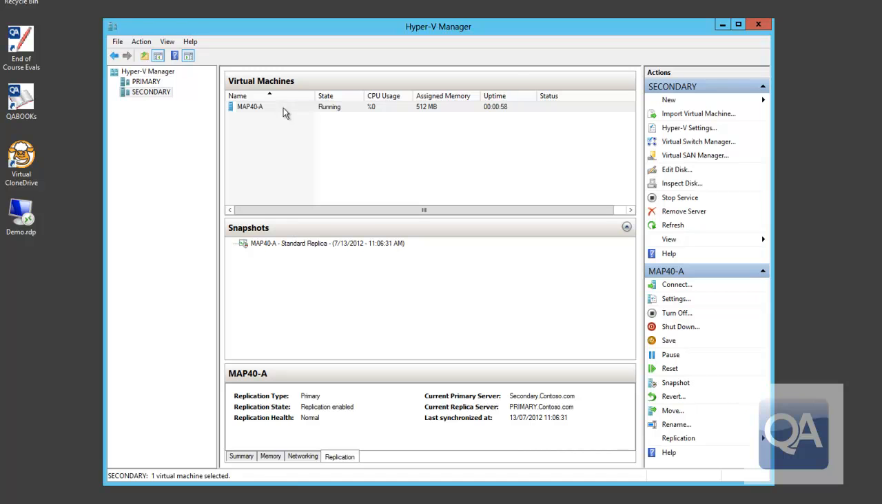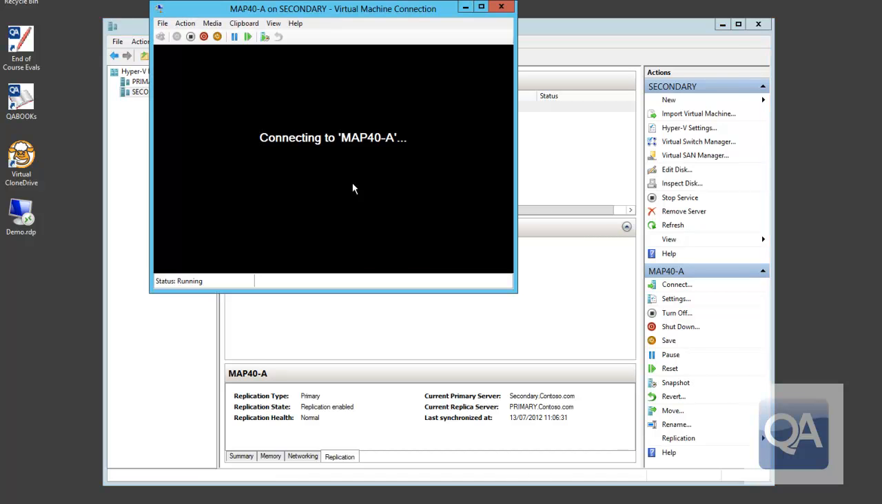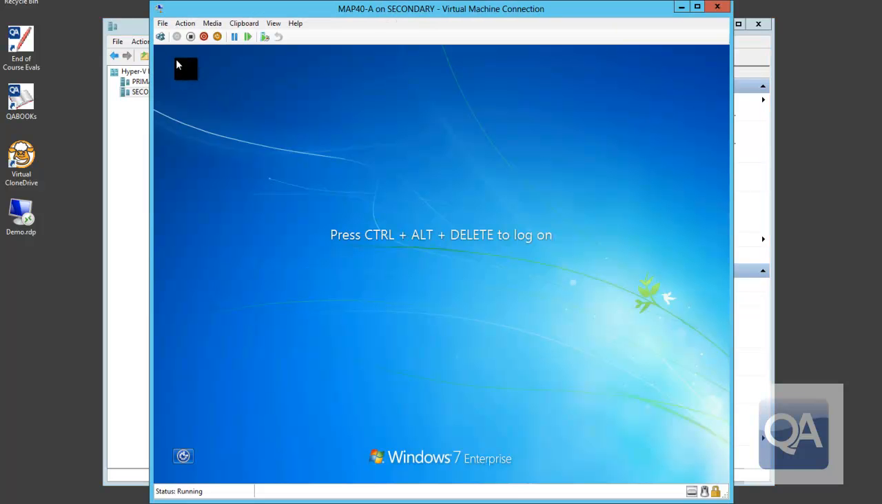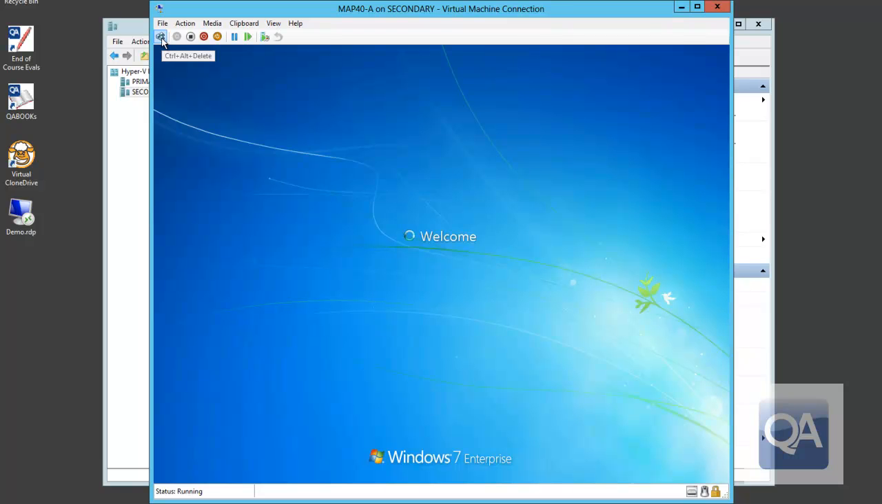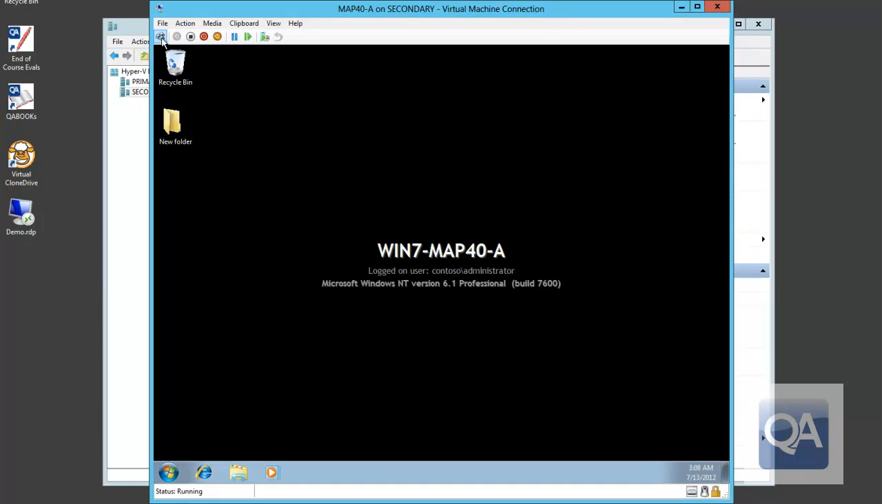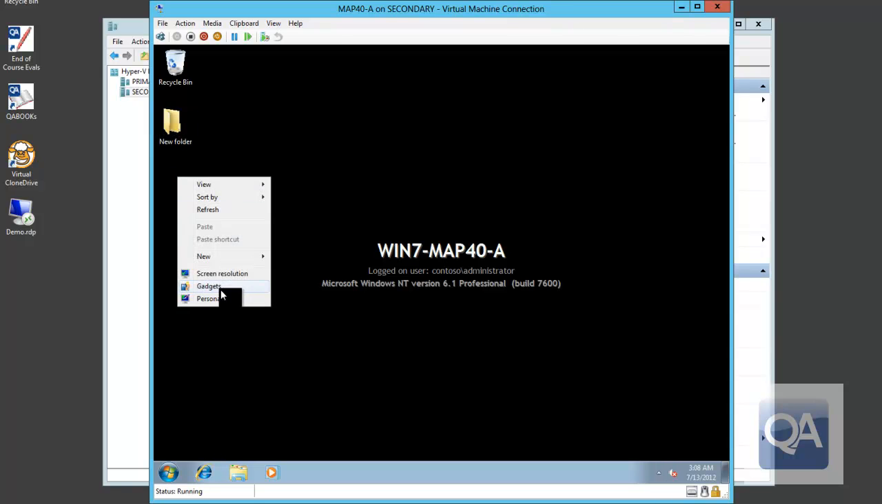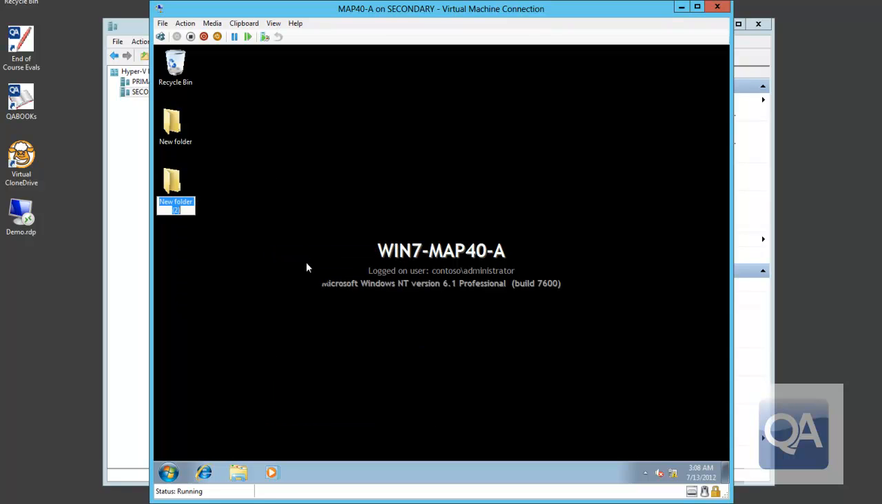Okay, if I go to this machine and right click, hopefully I can connect, and because it was a planned failover, we should hopefully see we haven't lost any data. Because the machine was shut down and we did a synchronization afterwards, we have all of the data that was available to us. If we go and create another folder, okay, so one for unplanned failover,